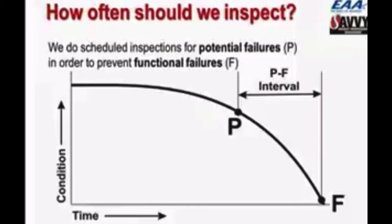And then if we let the component continue in service, either because we weren't looking, or we weren't looking often enough, or we weren't paying attention, eventually the component will fail, and we'll call that point F. And the question is, how much time is there between point P and point F? In other words, how much lead time does the condition monitoring technique give us before the component fails? And if we can estimate